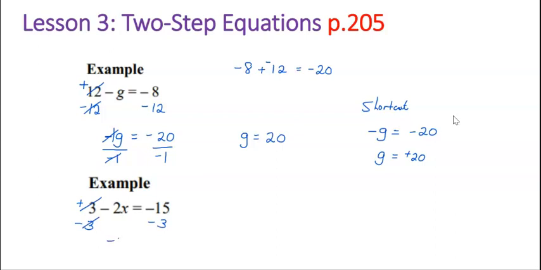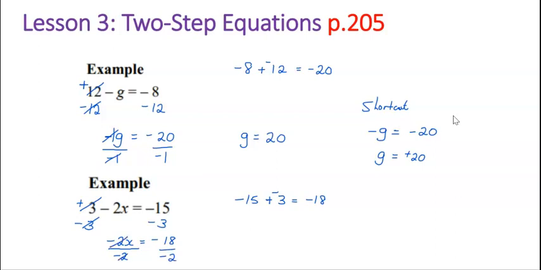That's going to leave us with a negative 2x is equal to, and again, same change opposite may be helpful, negative 15 minus 3, we add the opposite. That's negative 18. Here, we now have negative 2 multiplied to x, so we need to do its opposite. We're going to divide by negative 2 on both sides,